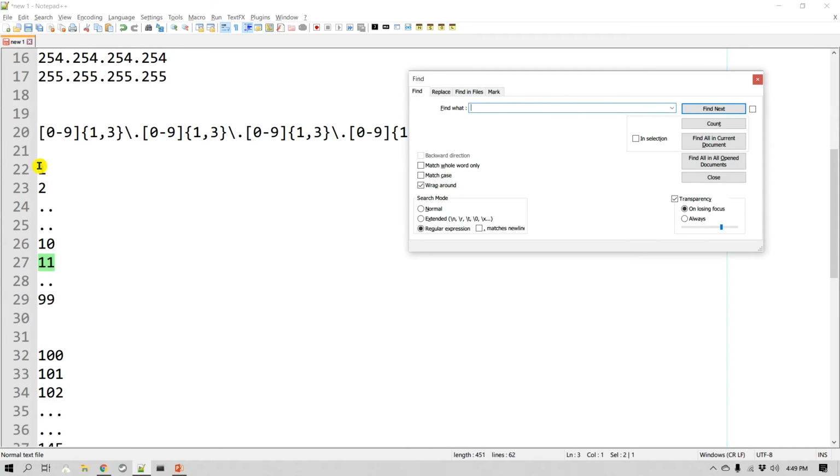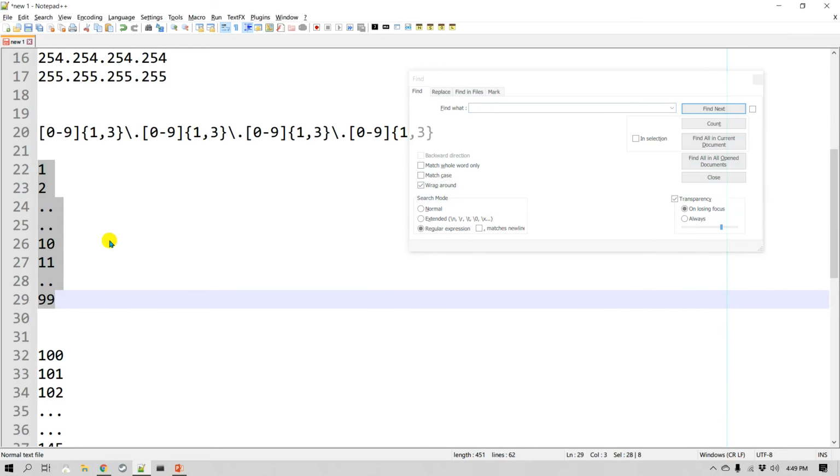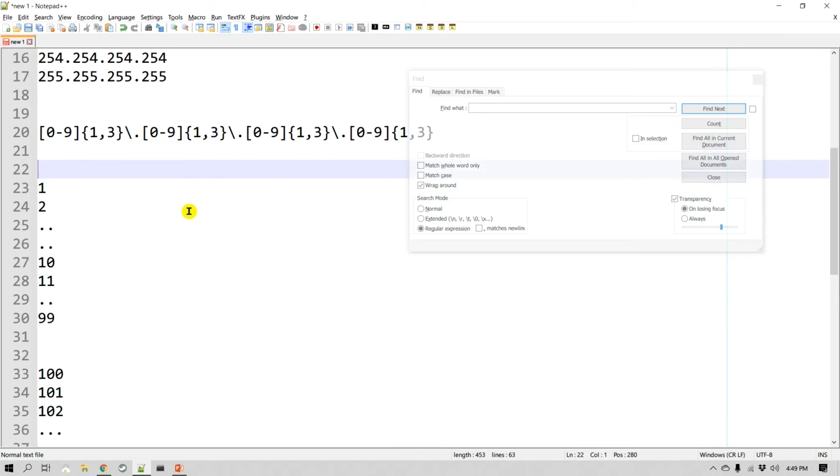Alright, so let's take a look at this one. Here I'm assuming that there is a number from 0 to 99. So basically this one has numbers from 0 to 99, and we'll try to match these.